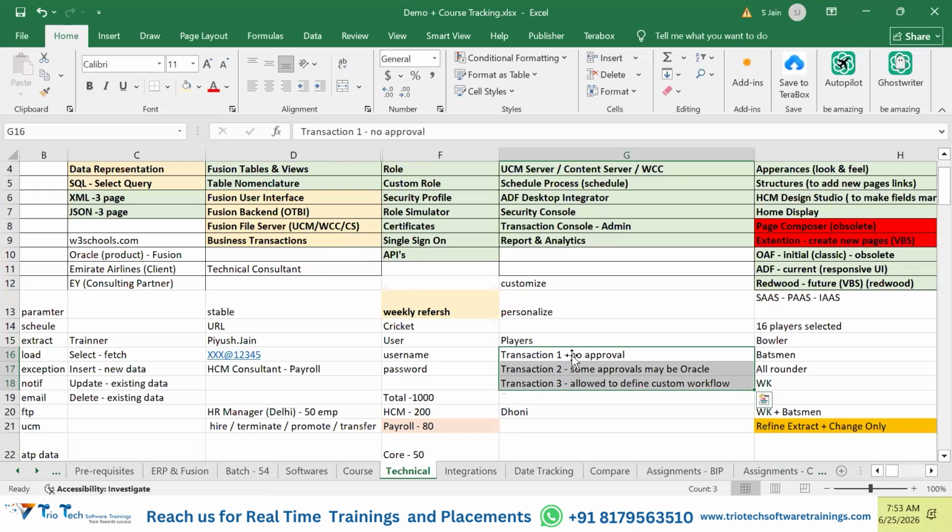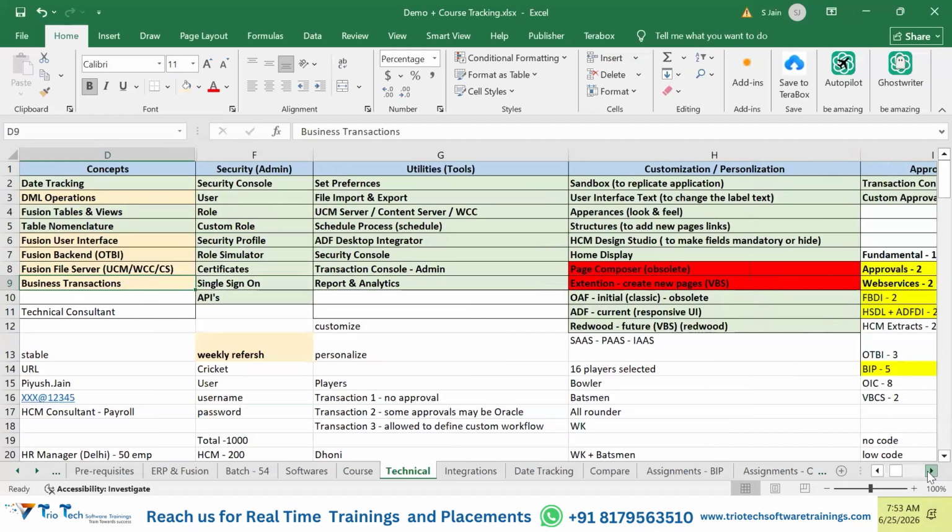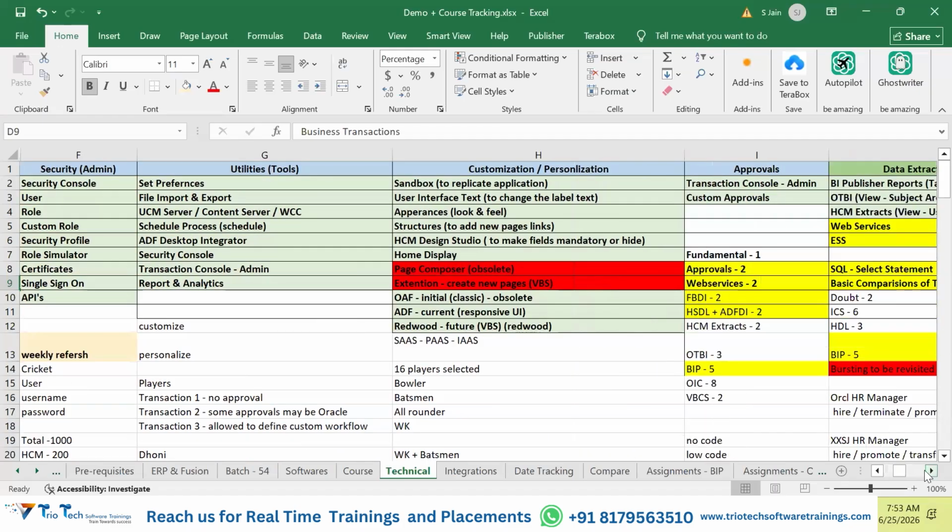Got it. While we are working, we are not a functional user. We are not going to the UI to perform a transfer or promotion of an employee. But the business will come and say, boss, I am trying to promote an employee and I want the promotion to be followed by some sort of approval. So how will we design it? We, as a technical consultant or a techno-functional consultant, will make use of these technologies and tools to define and manage the approvals. Clear?